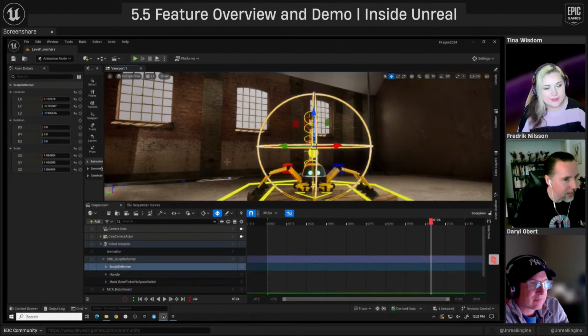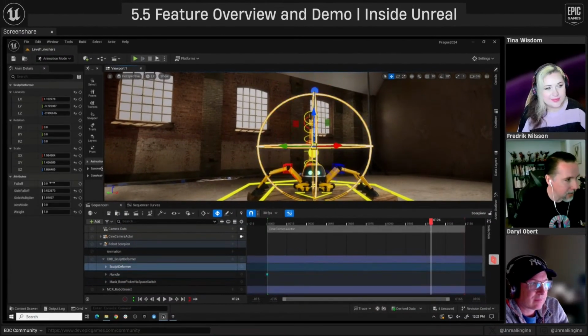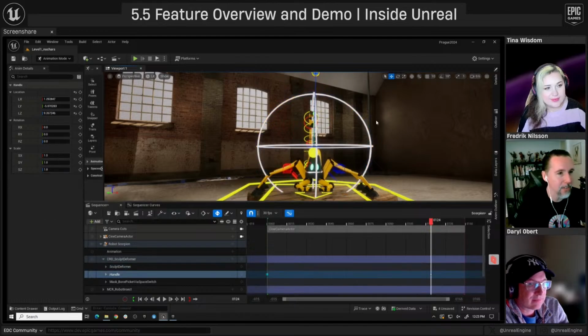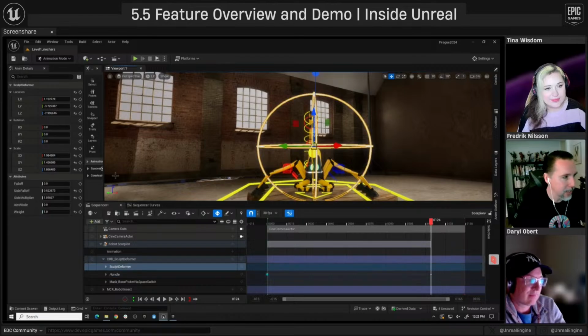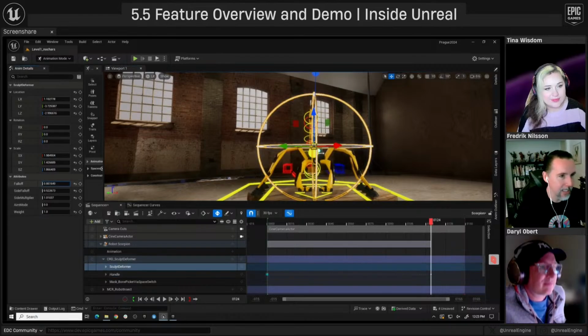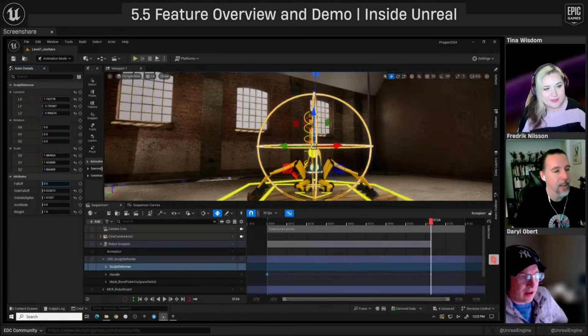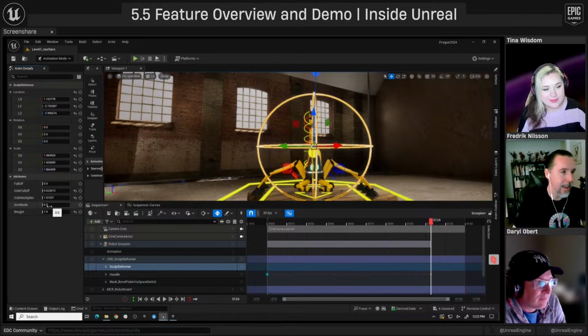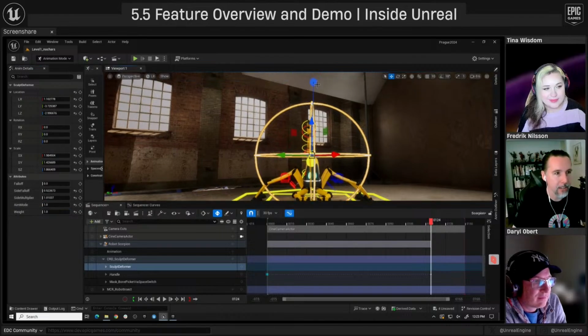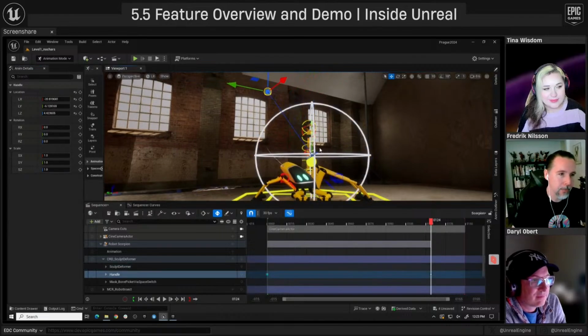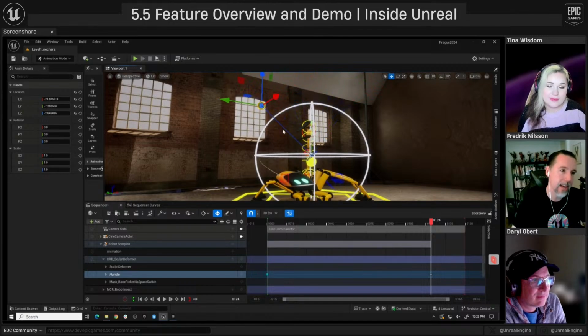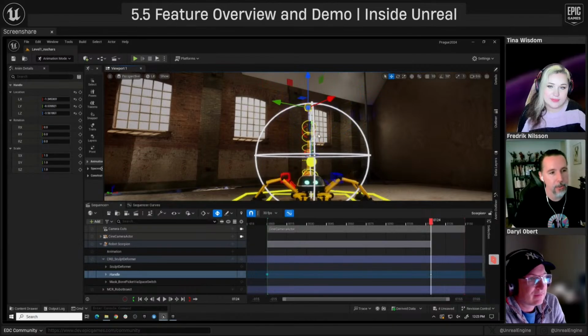The other options on here, so falloff is just the overall falloff of the deformer. So if I do this and I lower this or raise it, you see it's like 100% that movement. I tend to have this one at 0. Aim mode is cool too. Again, it's off by default. But if I set aim to 1, not only does it squash and stretch, but it also aims towards that deformer. So you can do some really cool things with this.